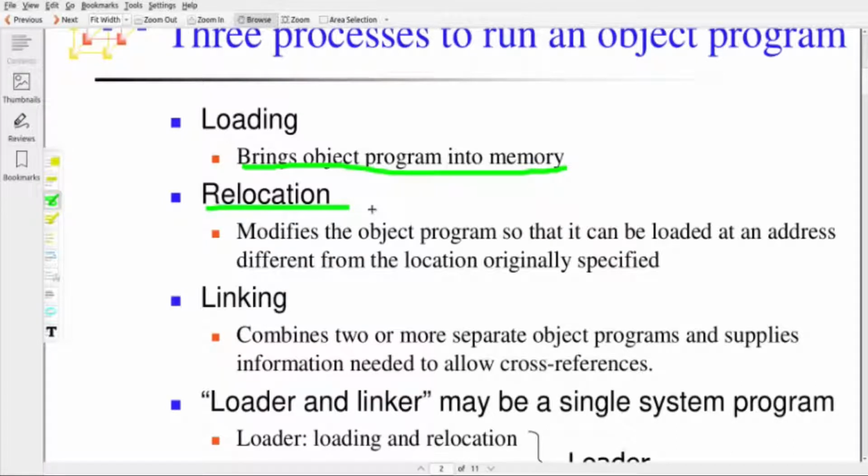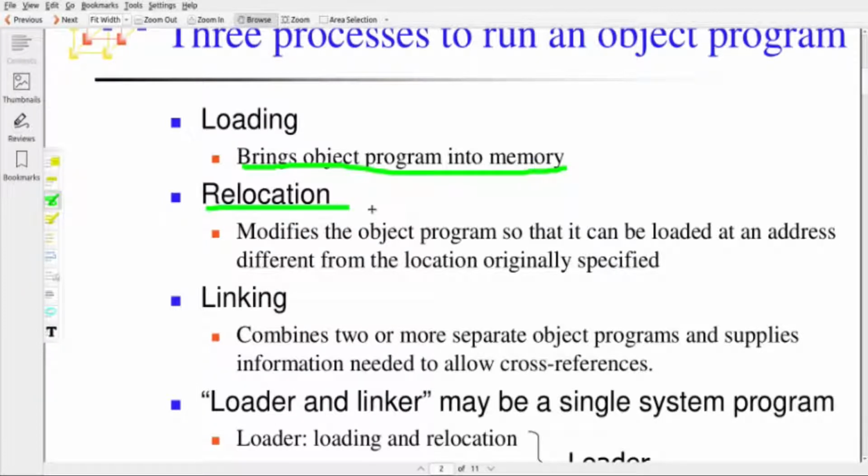If the object program is a relocatable program, then the loader will load that program into the memory where we have the space to load. The relocatable object program originally mentions some address, but the loader will load it into any location where we have the space. This is called relocation.